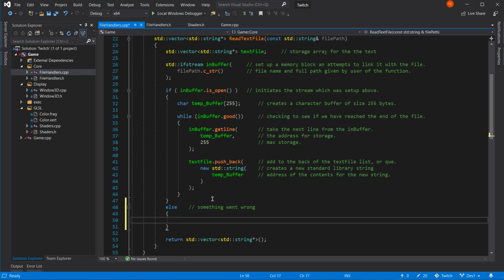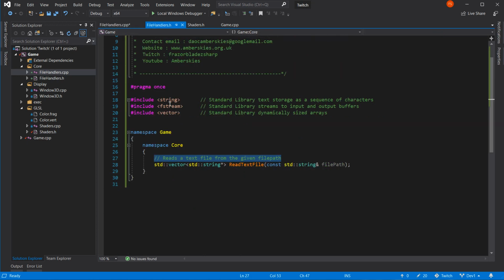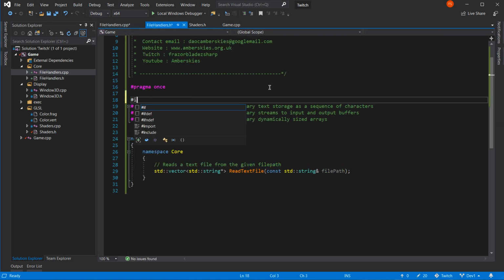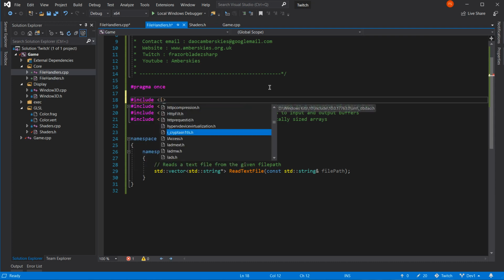What do we do if something's gone wrong? Let's get a message going. So, standard library. We haven't got it in, have we? And it's iostream.